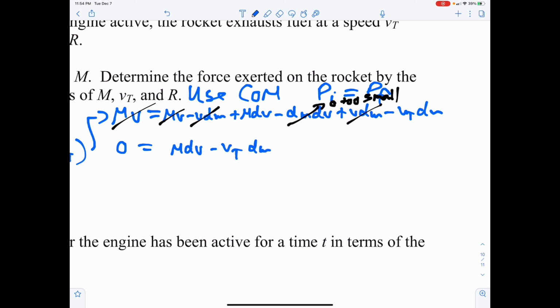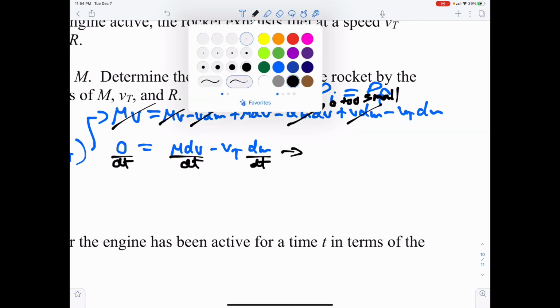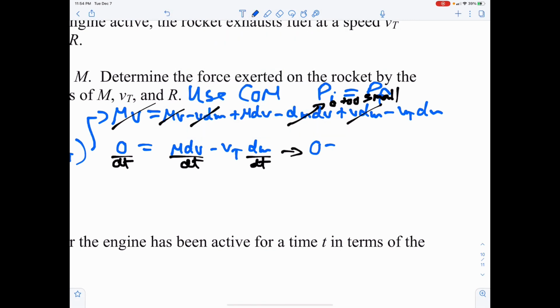Okay, and what I'm going to do at this point is a little trick here. I'm going to divide both sides of this, actually everything, even this over here, by dt. You'll see why in a second. I still have 0 on the left side. m dv dt,